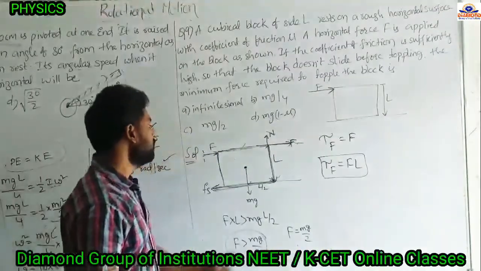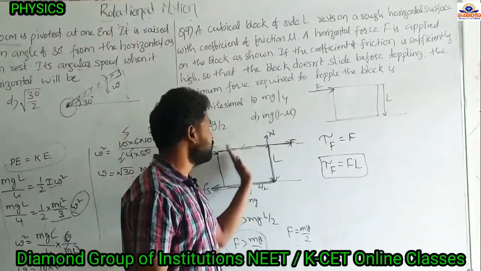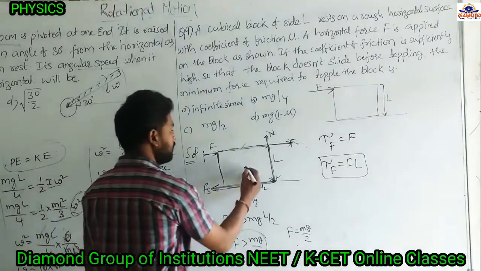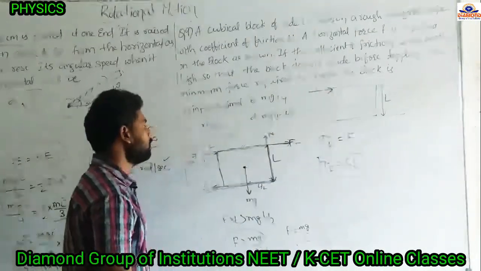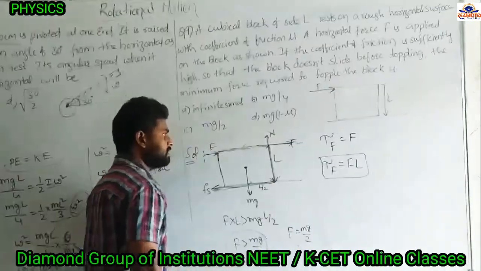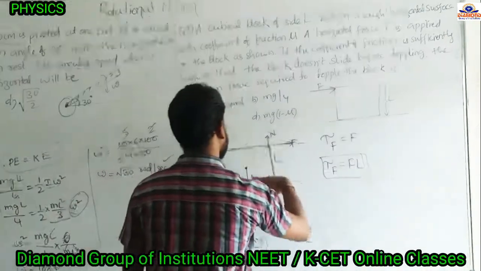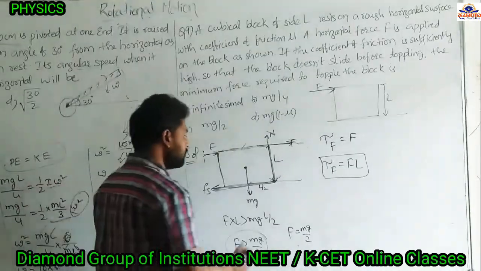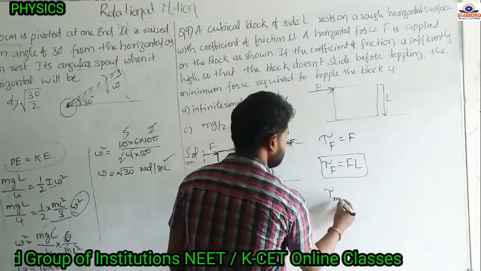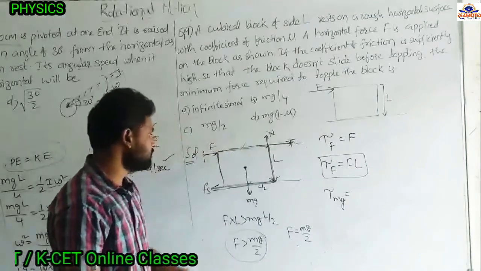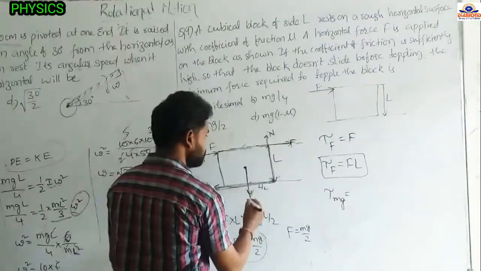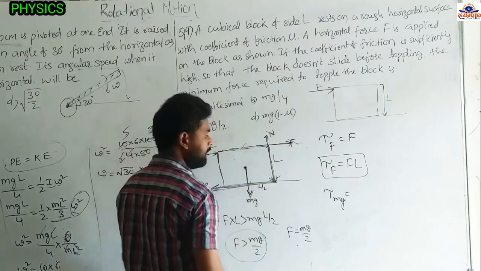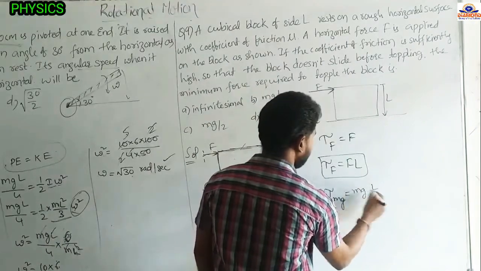Okay, this is completed. Now this force is lifting upward, so some force is acting in the opposite direction. That force is due to the weight. This is the weight, mg, in the downward direction. Due to this force, it is moving in the clockwise direction, and due to this mg, it is moving in the anti-clockwise direction. This force is opposing the toppling. So the torque developed by this mg equals the force into the perpendicular distance from the axis of rotation. The force is mg, and from here to here, the total is L, so this distance is L by 2. That is mg into L by 2.